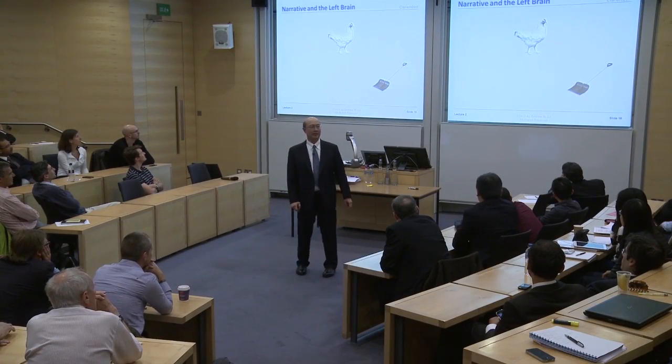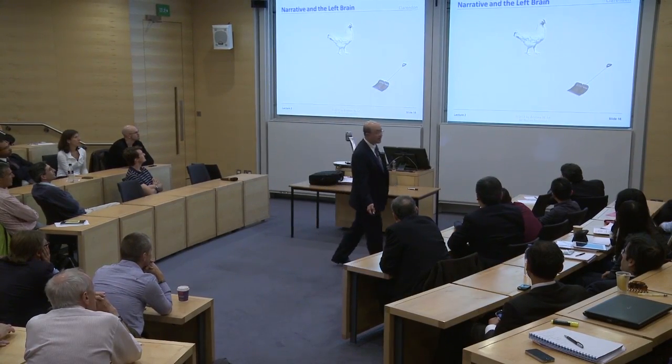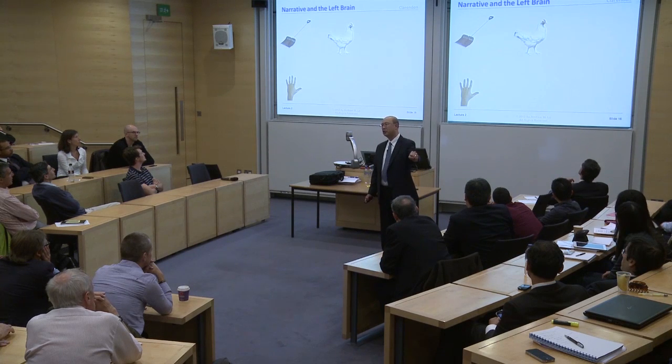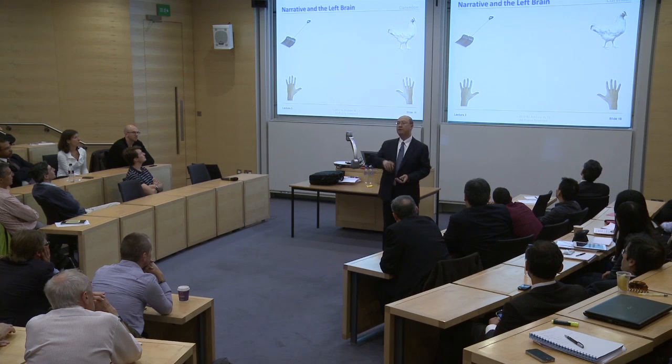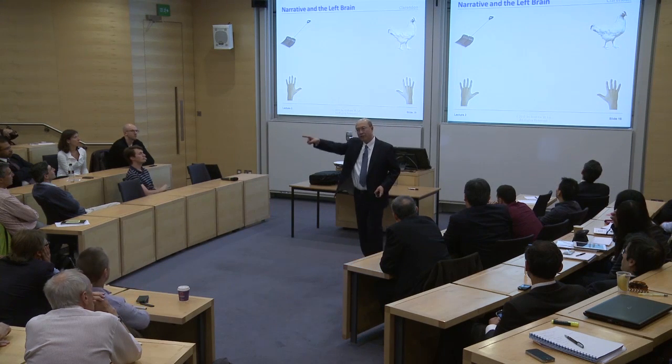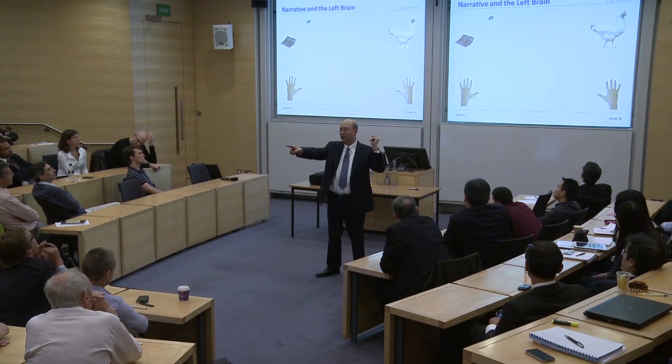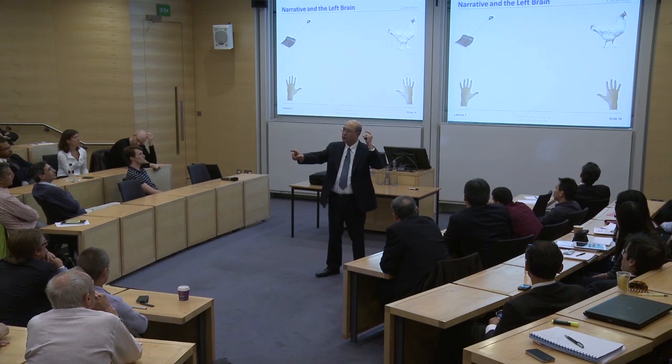The chicken and the shovel, that's right. Not surprisingly, the subject uses the left hand to pick the shovel and the right hand to pick the chicken, right? The chicken foot is on the right visual field. So the left brain sees the chicken foot, and the left brain controls language ability.